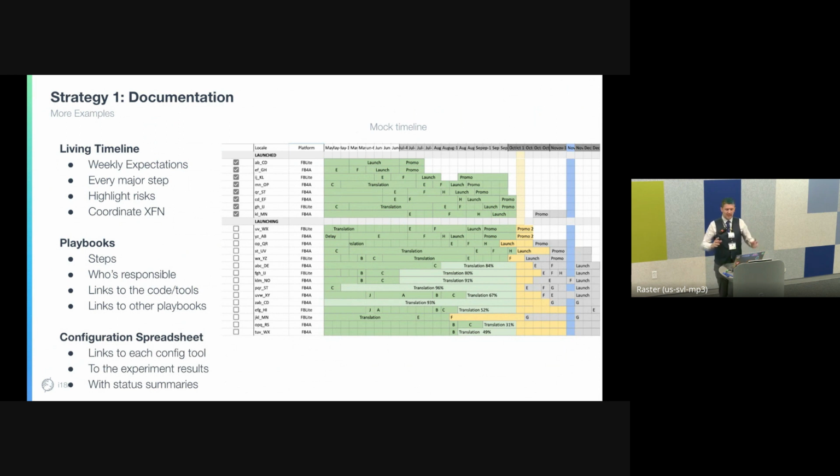And also, I love the Wikipedia inception of organization, where everything can be a link. It was so useful because we already had a document, and making sure we can link out to the document, or link out to the code where we need to make the configuration change, saves you from trying to find it yourself. And then lastly, one of the most important documents was a spreadsheet showing links to every single configuration.